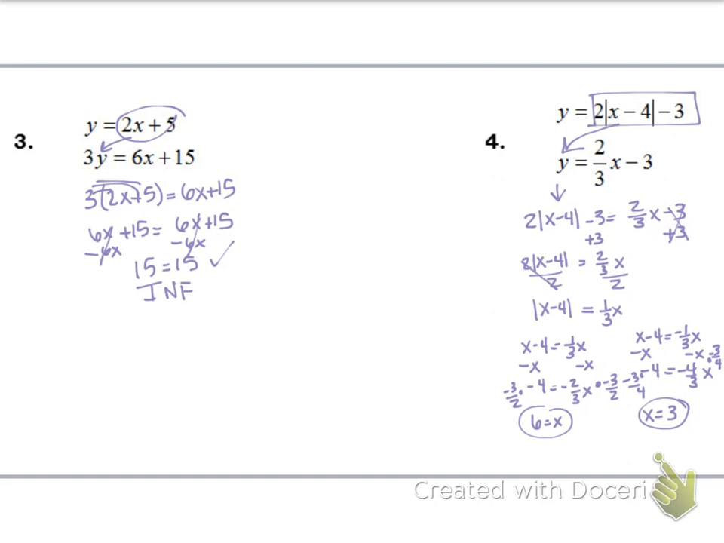So now I need to pick one to plug it into. I would suggest putting it into the one without the absolute value. So I'm plugging in 6. So y equals